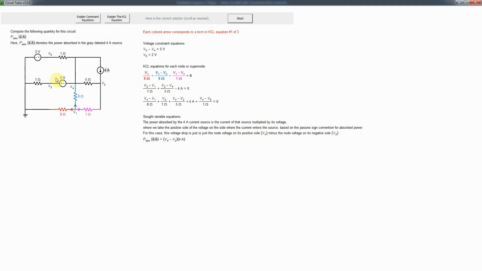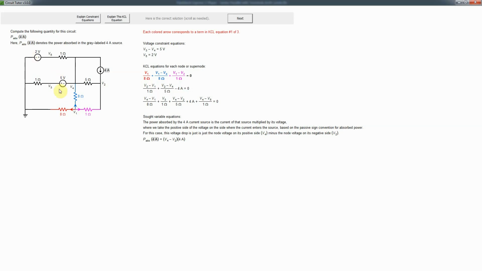Okay, this video is to show you how to do the third or hard level of the DC node equations tutorial in Circuit Tutor. So as usual, you might want to look at an example, which would be a good idea. So I'll just show you briefly an example here. And what's new now is we actually have the concept of a supernode, because now we have multiple voltage sources